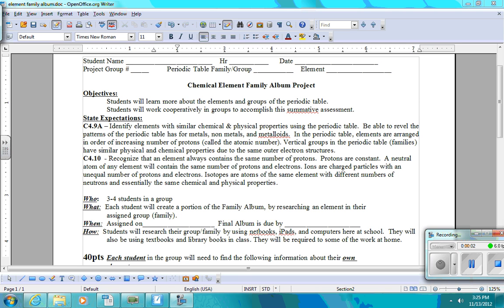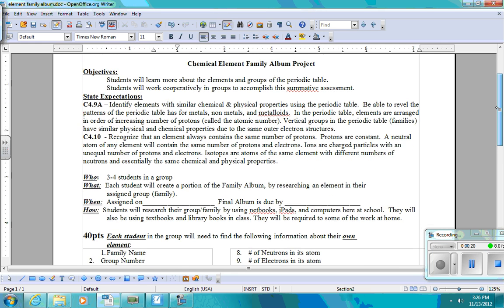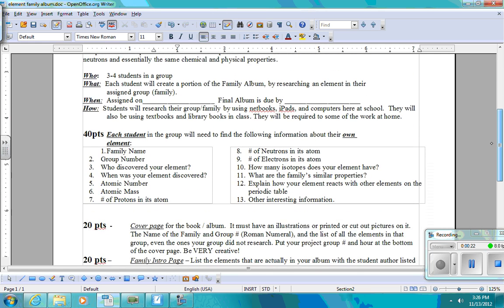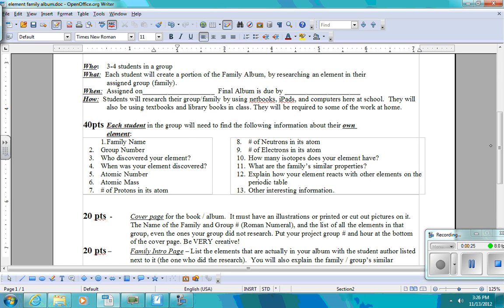To start the chemical element family album project, you have in front of you the same thing that's up here on the board: objectives and state expectations. So we've already read through those. What you're going to do is we're going to assign you and get you into groups of 3 or 4